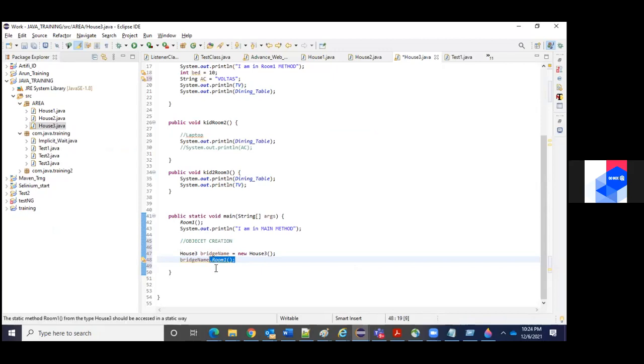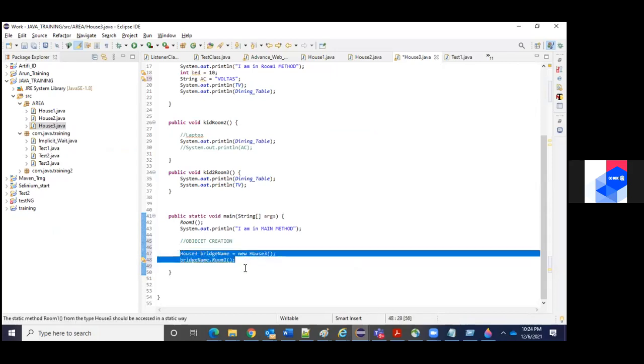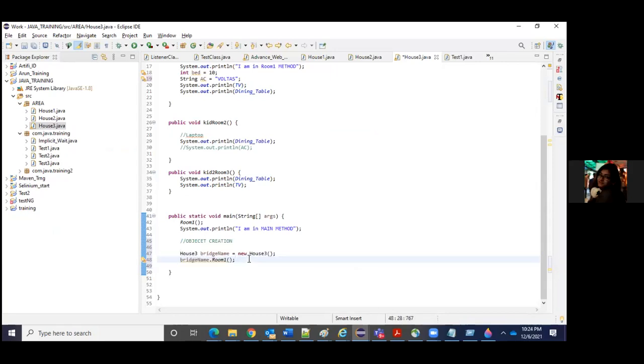Any questions, clarifications, or confusions for this object creation? Guys, are you clear or not? Are you confused about anything? Because everyone has to understand, because this is a very, very important thing.